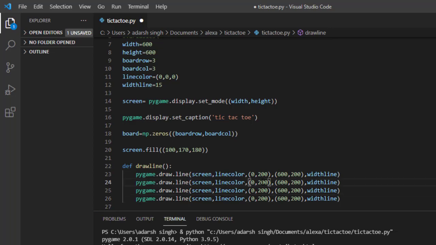just came here. I'm going to change with 400, with another 400, and make it 0 with 200, and similarly with that, making 200 comma 600, and came back to the next line, making 400 comma 0 with 400 comma 600. And that's it, guys. So now our lines will be created,